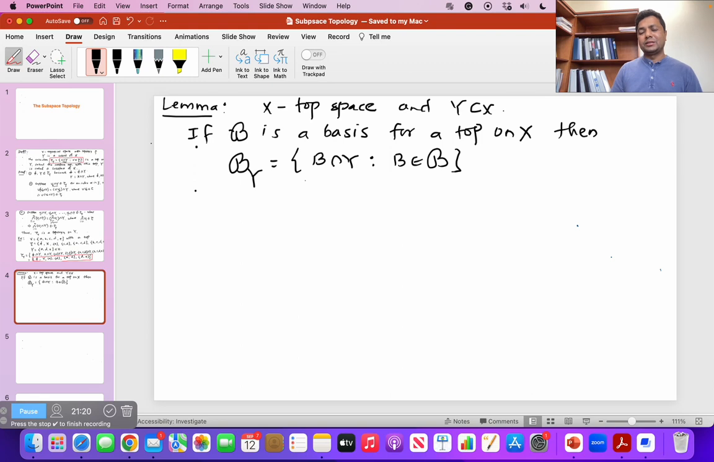So basically the elements of this collection are like this: you take the intersection of Y with the basis element of our topology, or you take the intersection of Y with the element of script B. So if you take the intersection of Y with each element of script B, then that collection is script B_Y, and this collection is a basis for the subspace topology